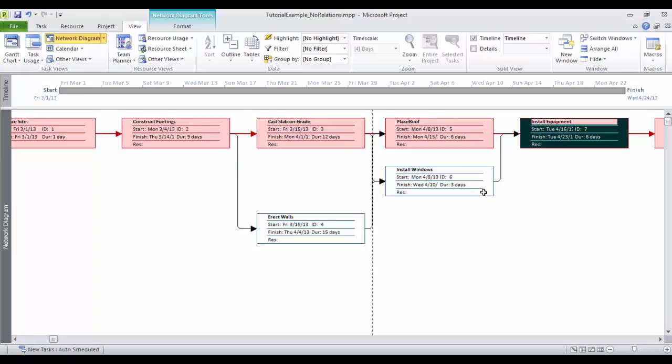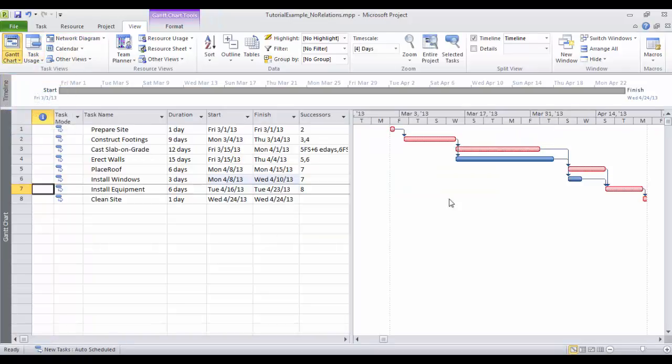And now you see here another view is the activity on node. Other software calls it CPM networks, or PERT network, and Primavera, for example. But it's simply the activity on node with more information, very visual in terms of the relationships, but not as good visually as the bar chart in terms of showing the durations and the start of things. So going back to the Gantt chart,